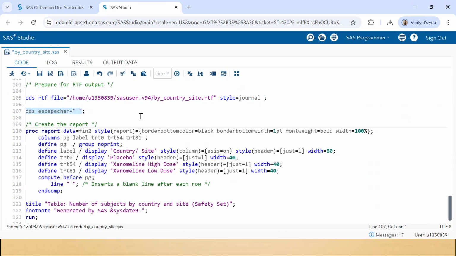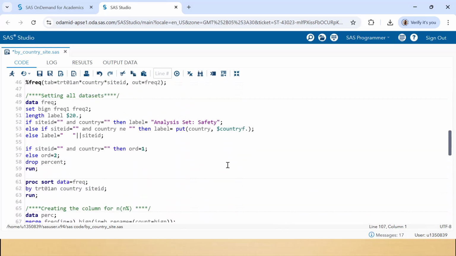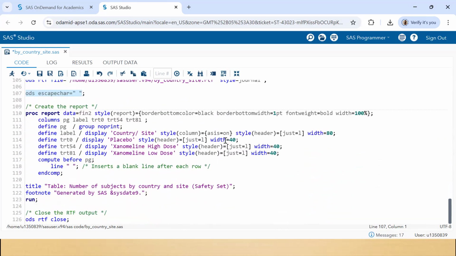Because if you remember, I have already used this blank values to give the indentation to the site. So I am using this so that when displaying any values from the fin2 data set, if it encounters the blank space, it will not execute any trimming of the leading or trailing spaces,